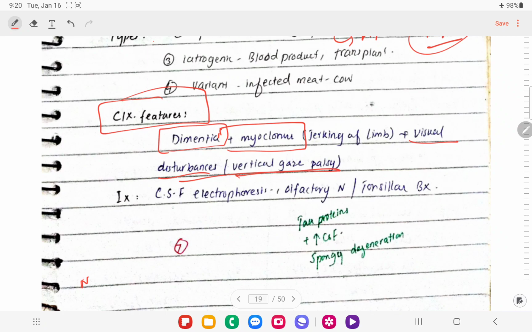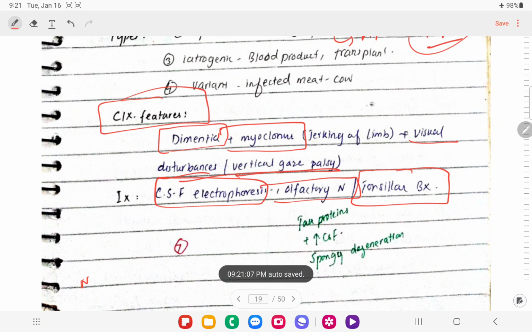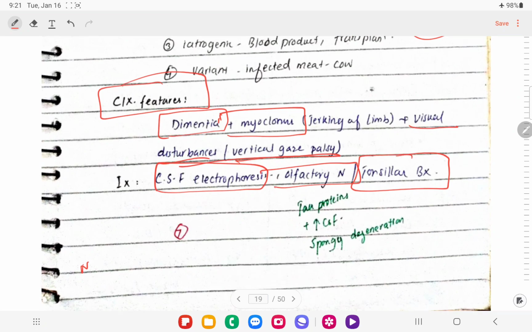So we can go for CSF electrophoresis. We can do an olfactory nerve and tonsillar biopsy. It is thought that the prion disease affects the reticuloendothelial cells, so if we get a tonsillar biopsy, we can get those infected proteins from there. Another thing we can do is go for the EEG, right? In EEG we will have periodic sharp wave complexes,